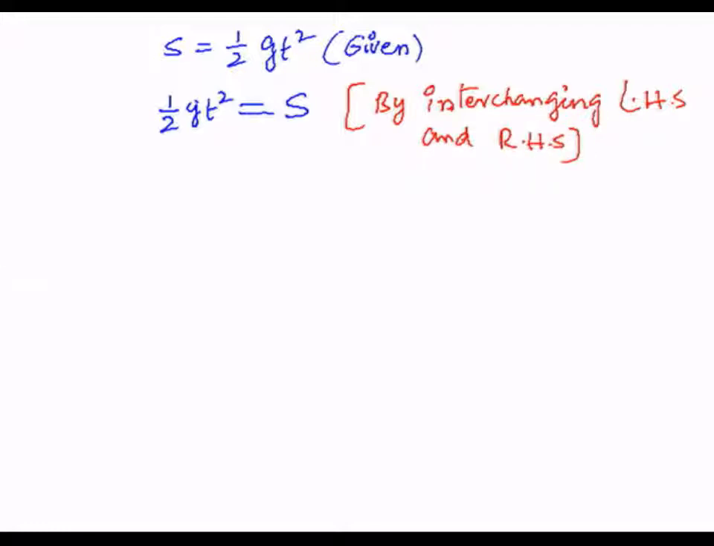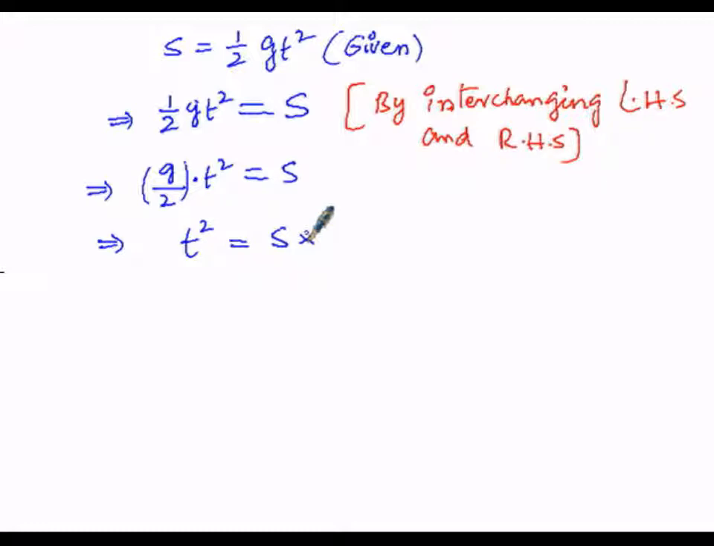Now, half g t square: I want only t square on the left hand side and the remaining quantities, half into g, on the other side. So, g by 2 into t square equals S. Here 1 into g is g in the numerator, divided by 2 in the denominator, into t square kept as it is, equals S on the other side. I want only t square on the left hand side, and S on the right hand side is written as it is. The bracket containing g by 2 is multiplied, so when it is transposed to the right hand side,